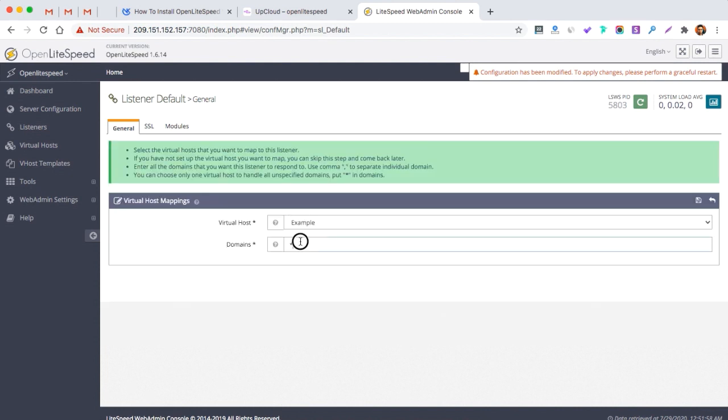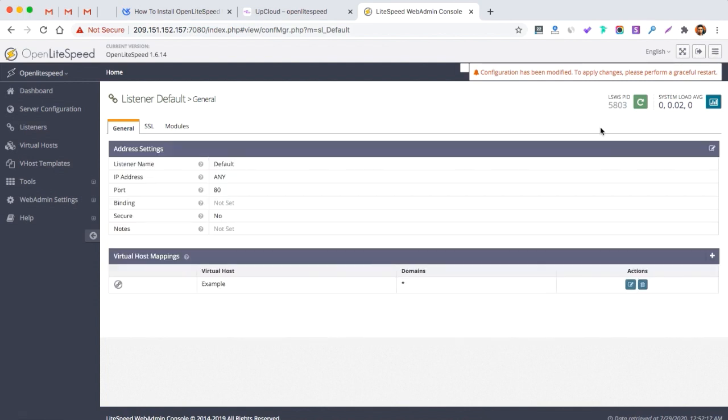You can choose your domain here also. Since I want my website to open on the IP, I will choose asterisk. But if you want your web server to listen to only a specific domain, you can type the domain here and hit save.